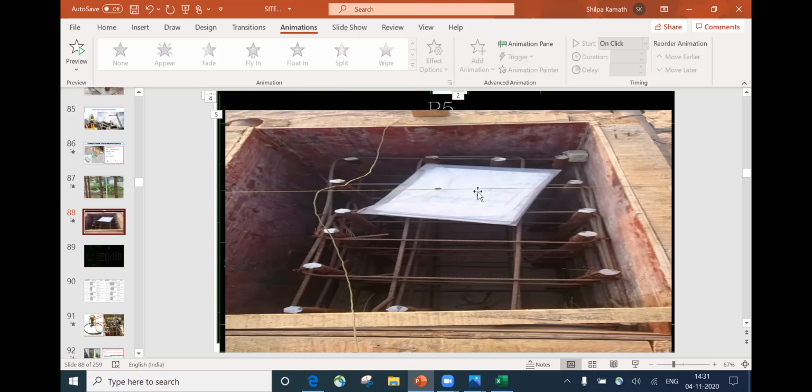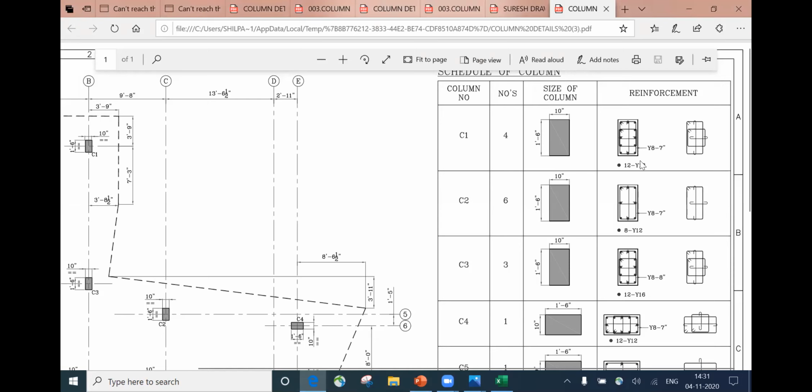This is a different drawing. The drawing I'm explaining is different, and the image I'm showing is a different thing. But hope you have got an idea how to do that. So according to my drawing, these two bars should not be there. This has to come somewhere here, and this has to come somewhere here. Then this drawing and that drawing will relate to each other. So hope you understood this. We will try to understand this.